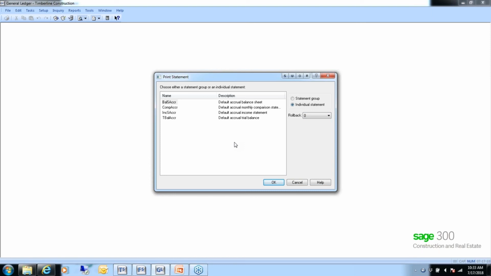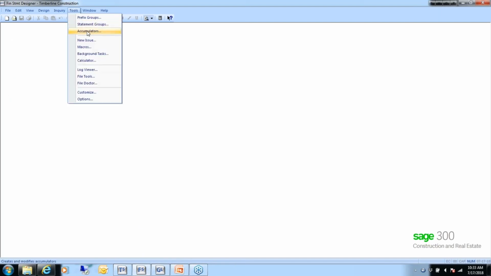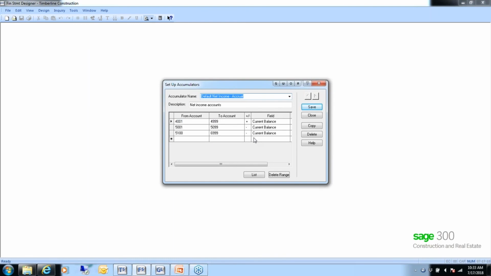All right, we talked about accumulators a little bit already. So again, under Tools, Accumulators. In this particular design, we've got the default net income, and we're pulling the current balance field. I didn't point this out before. On this window, you can use your list button, and this field can be any field that's coming out of the GL master file. So we could maybe copy this